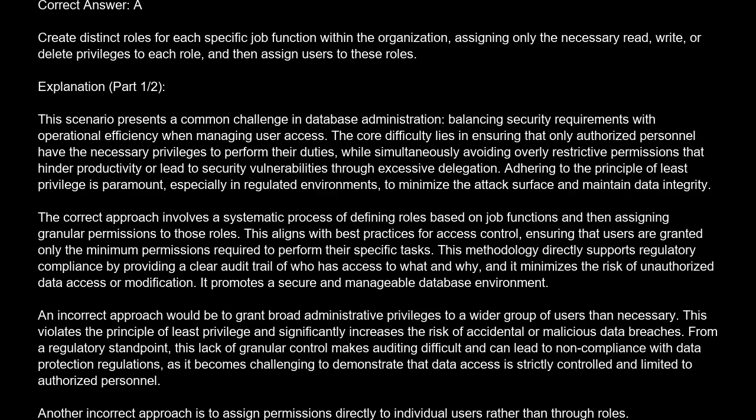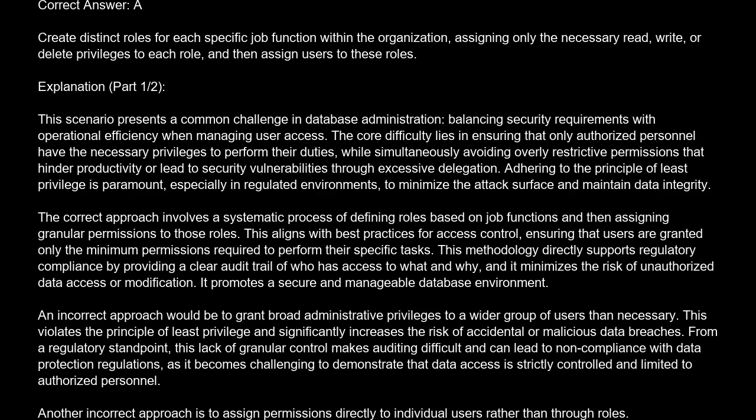Explanation. This scenario presents a common challenge in database administration, balancing security requirements with operational efficiency when managing user access. The core difficulty lies in ensuring that only authorized personnel have the necessary privileges to perform their duties, while simultaneously avoiding overly restrictive permissions that hinder productivity or lead to security vulnerabilities through excessive delegation. Adhering to the principle of least privilege is paramount, especially in regulated environments, to minimize the attack surface and maintain